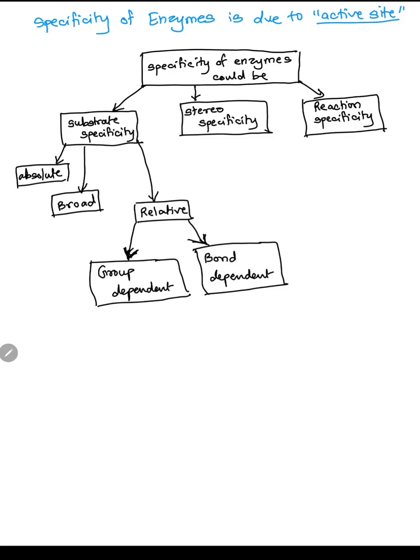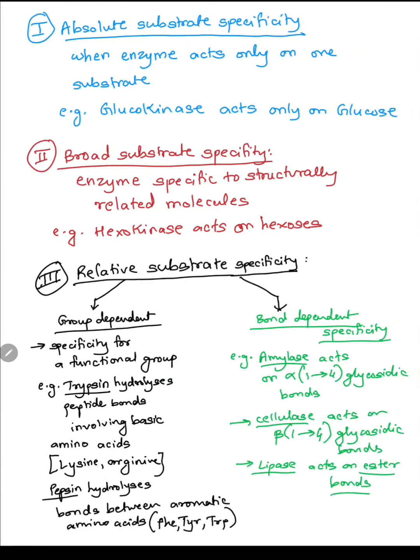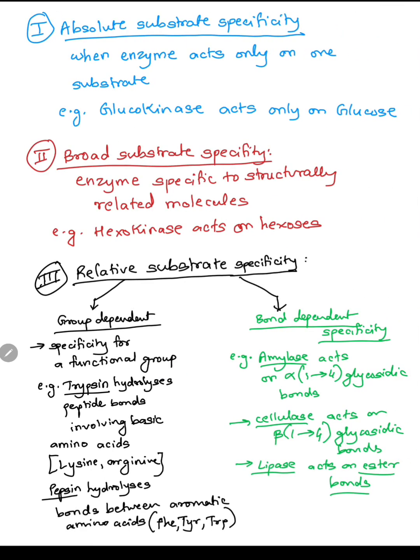Substrate specificity can be absolute, broad, or relative. Relative could be group dependent or bond dependent. So absolute substrate specificity is when an enzyme acts only on one substrate, like glucokinase acts on glucose. Broad specificity: hexokinase acts on all hexoses, which are 6 carbon sugars. Relative substrate specificity is specificity either on a group, a functional group, like trypsin hydrolyzes peptide bonds involving basic amino acids